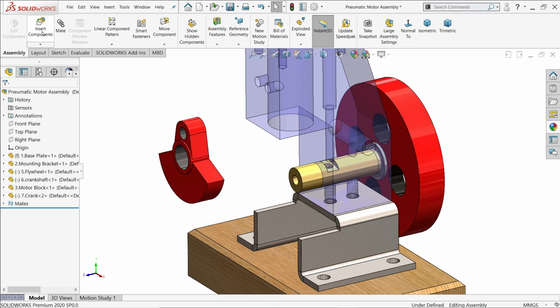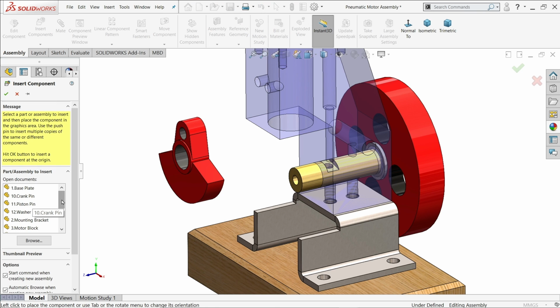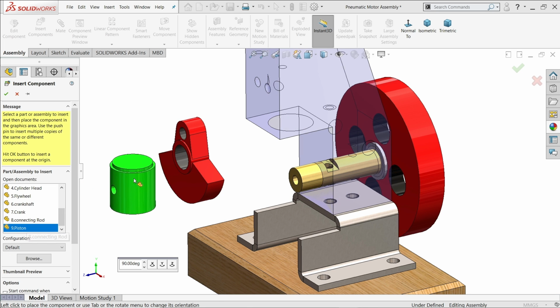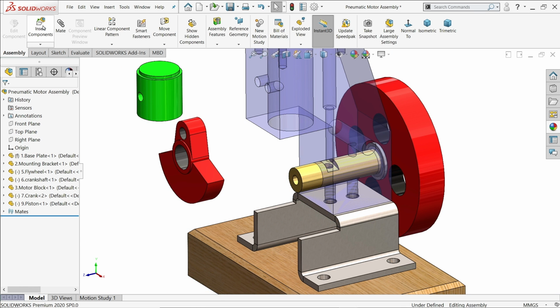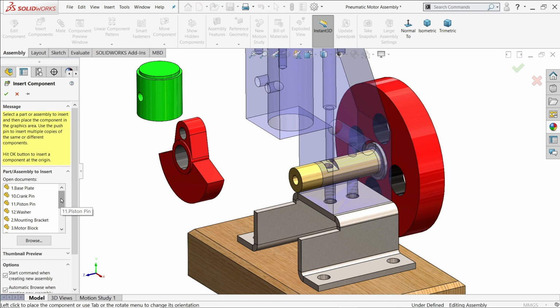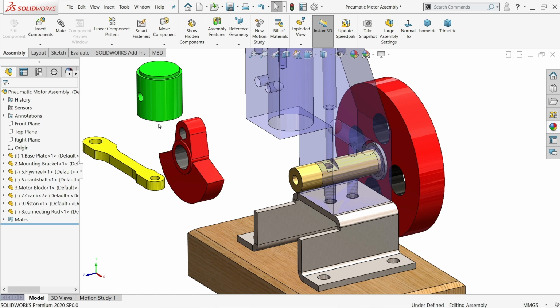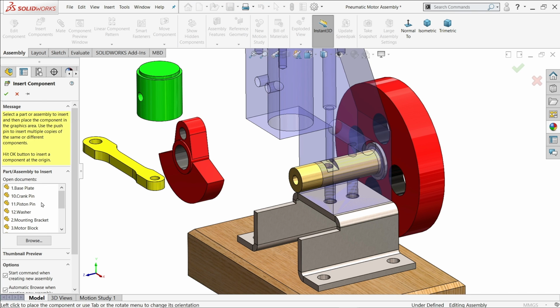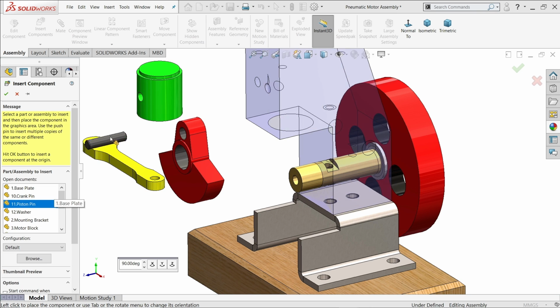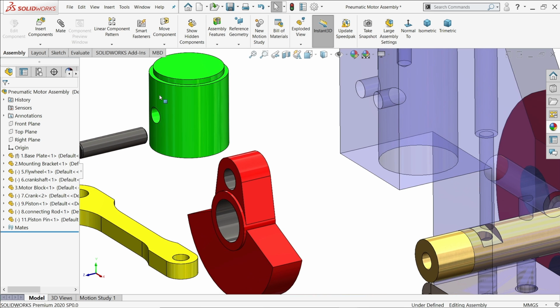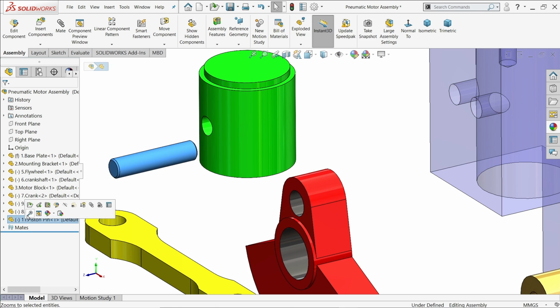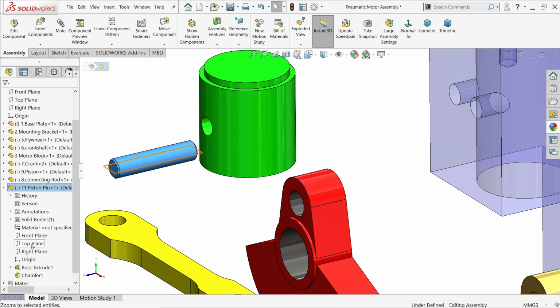Now here bring some more components like piston, insert component, connecting rod, piston pin. Let's make a relation between this piston pin,